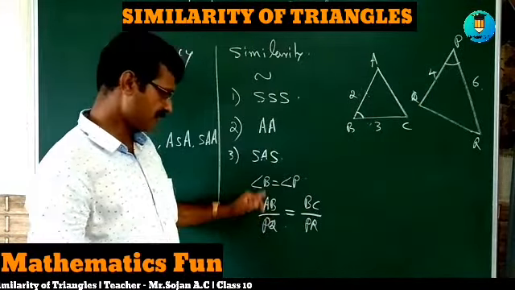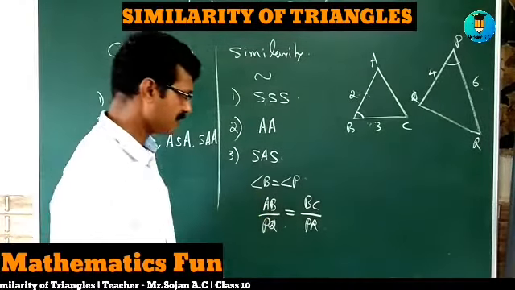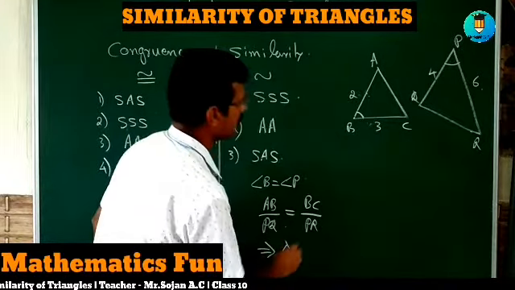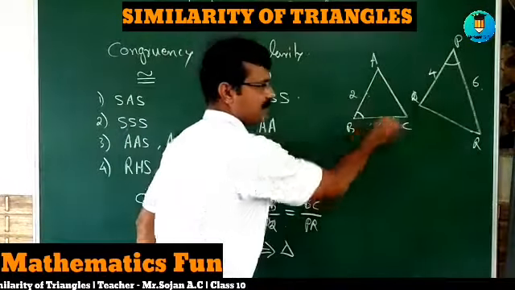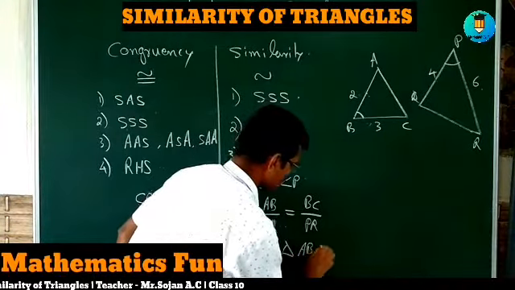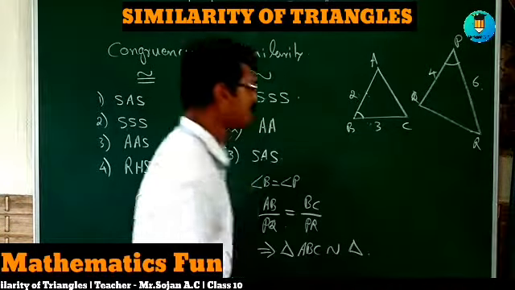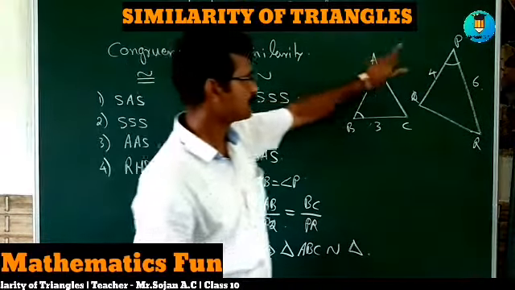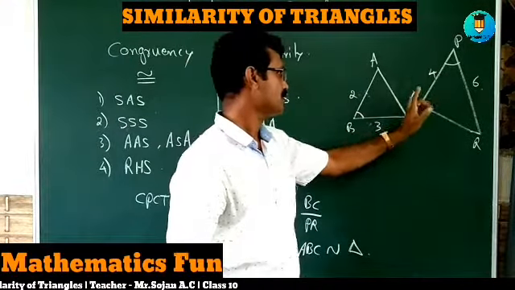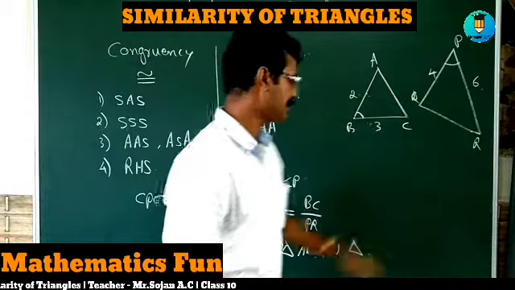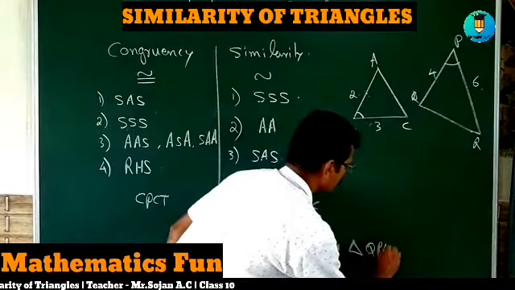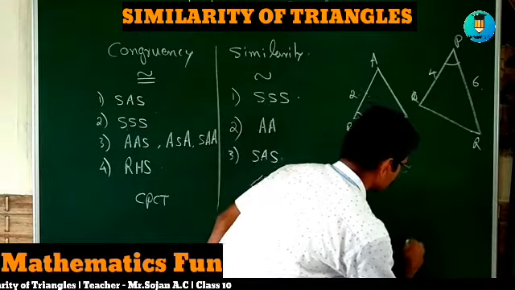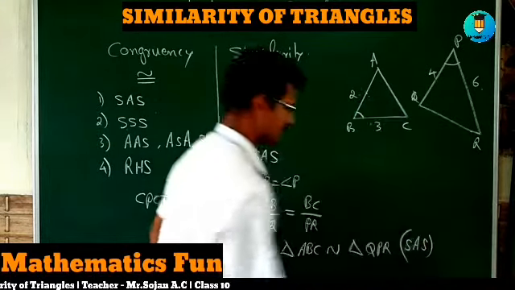So if it satisfies this condition, then we can say that this implies triangle. I am writing first of all triangle ABC. So in corresponding order we are writing ABC. I have taken two known angles and the side. So from 2, the corresponding is 4. So I have written QPR. Then only the correct order will come. So this is by SAS. These triangles are similar by SAS.